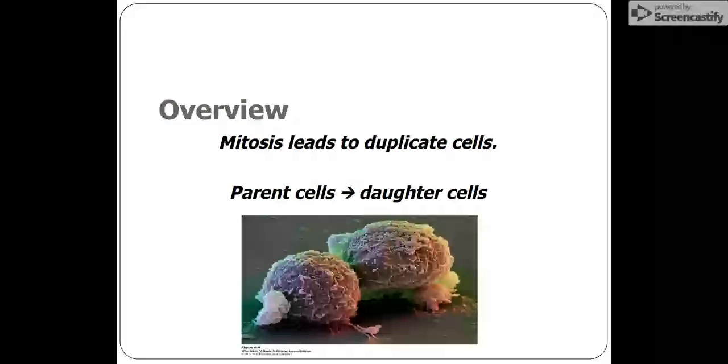Okay. So when we're looking at mitosis, this leads to duplicated cells. Okay, so these are cells that are identical. So we have a parent cell. We're going to end up with two daughter cells that are genetically identical each time we go through this process